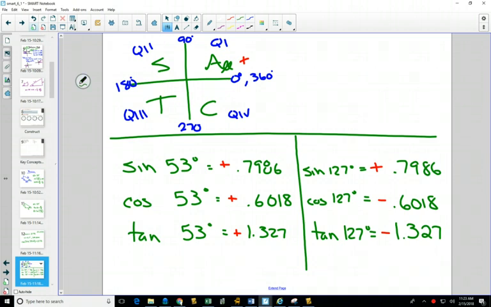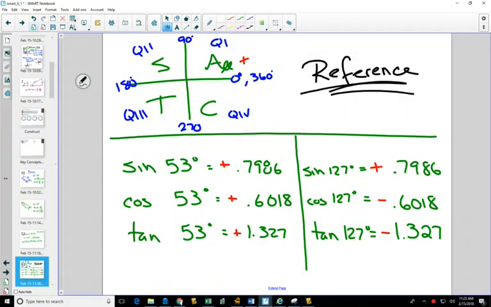So we're going to also have to review this, because this is the foundation of what we're doing right now. Reference angle is a huge thing in trigonometry that we've learned already in grade 11, and we build upon it in grade 12. In fact, we have to know it so well,